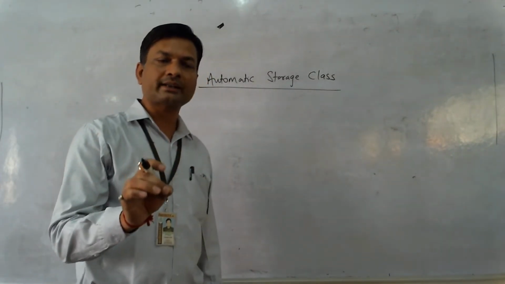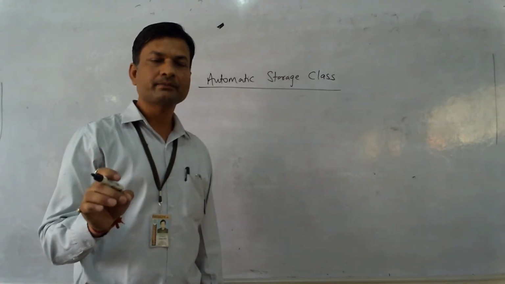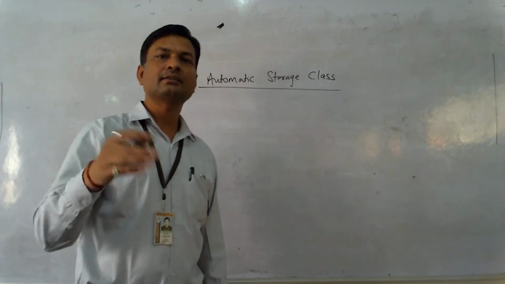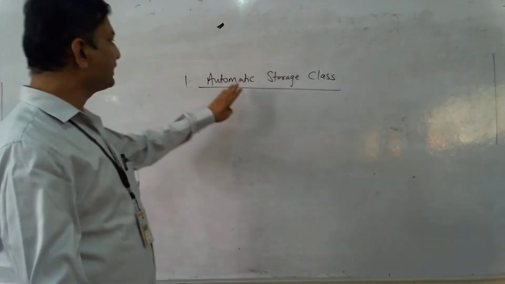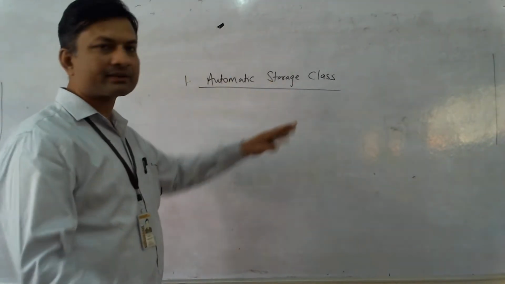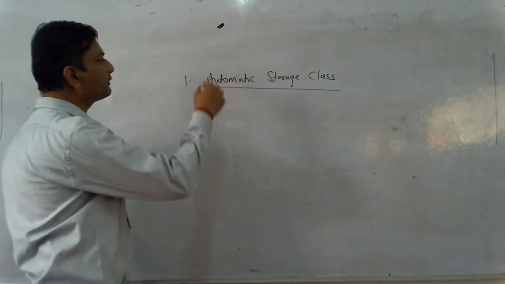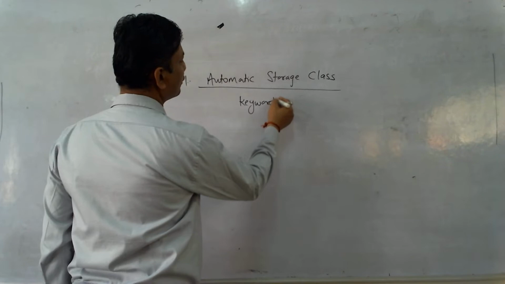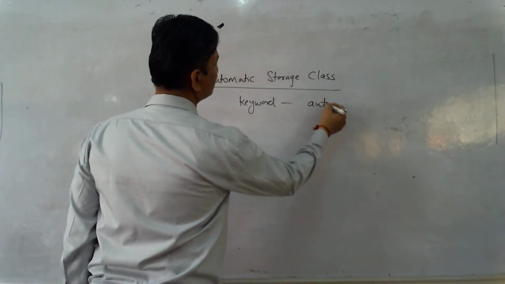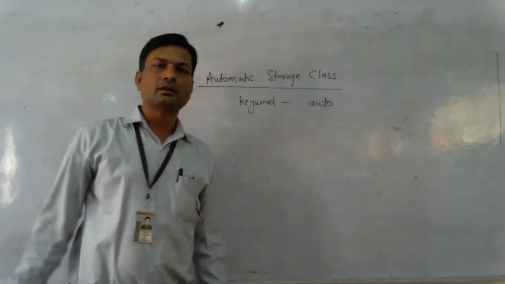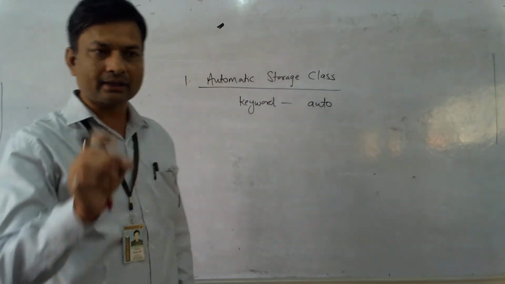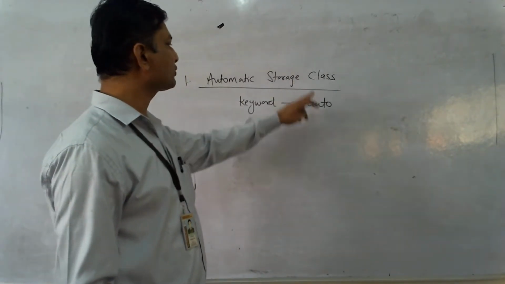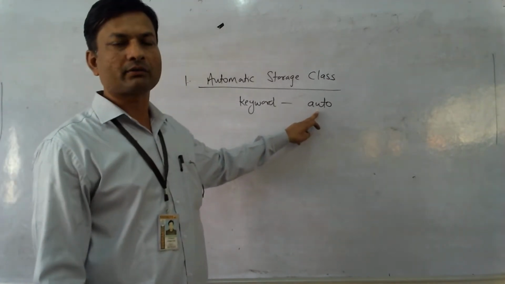We know that there are 32 keywords in C, like if, else, do, while, int, float, long. Similarly, for each storage class, we have a separate keyword. The keyword for automatic storage class is auto. When we specify that a variable must belong to automatic storage class, we should write the keyword auto while declaration